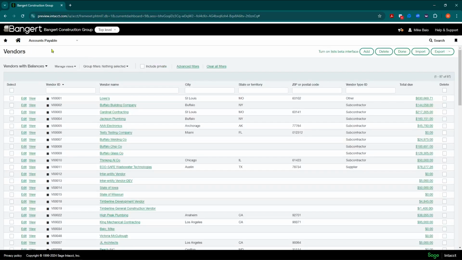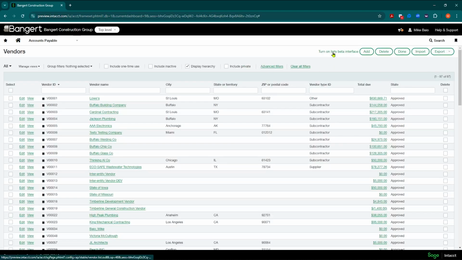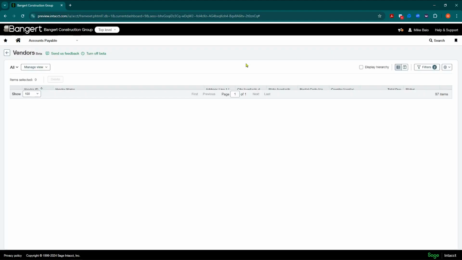So what they're going to be coming out with is these list enhancements. And you can see over here on the right, if it's available in this area, you'll see this button, turn on list beta interface. You could turn this on and off, testing at will. It will retain your settings, so you won't lose anything as you go. I'm going to put this back to all. But if I come into here and just say turn this on, it's going to radically change your view.